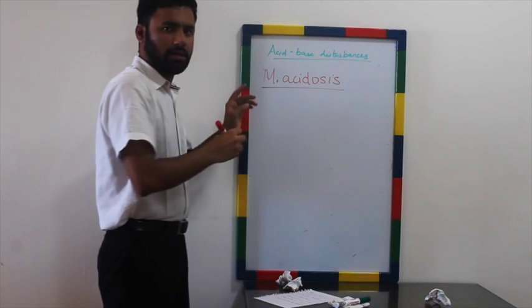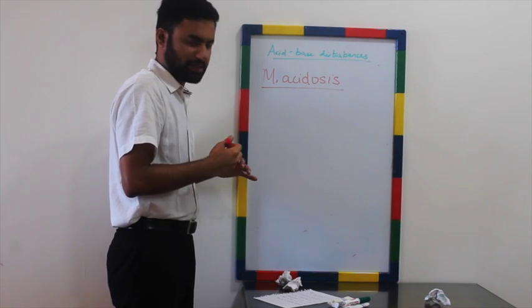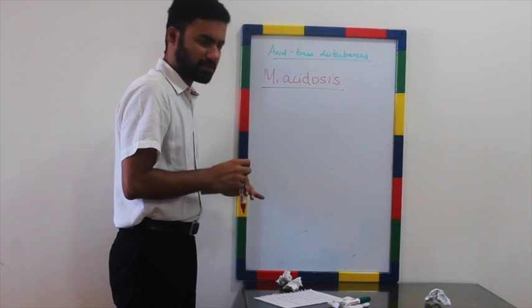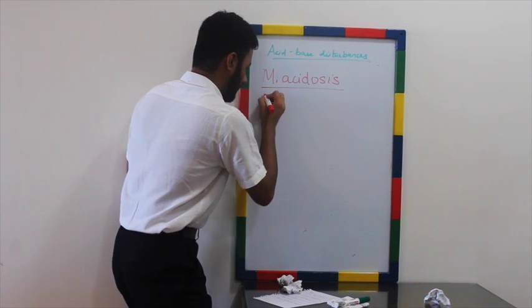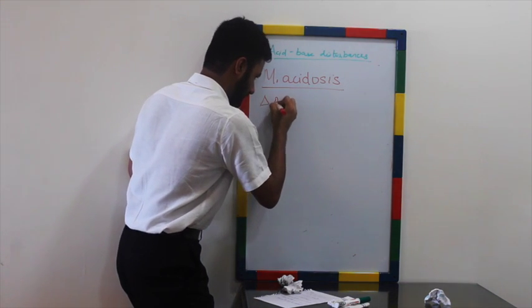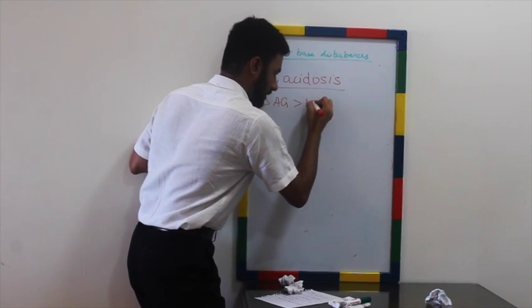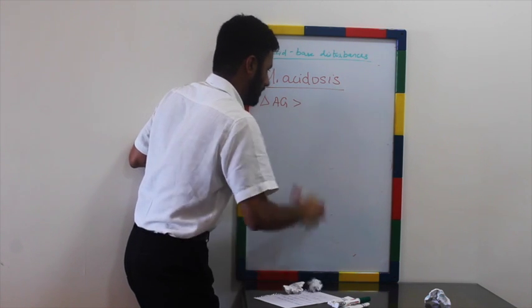In a patient with a high anion gap metabolic acidosis, there is another concept that comes into the picture, which is known as the delta gap. Just remember this, that in a patient with a metabolic acidosis, if the delta anion gap is greater than the delta bicarbonate,